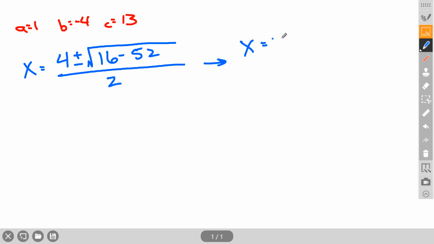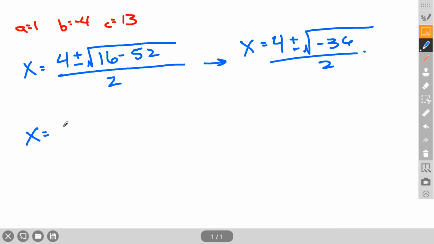All right, let's simplify this a little bit. 4 plus or minus the square root, 16 minus 52, negative 36, over 2. All right, so this can still be simplified. We have 4 plus or minus 6i over 2. This still needs to be simplified because it's imaginary, or it's complex, which means that the 2